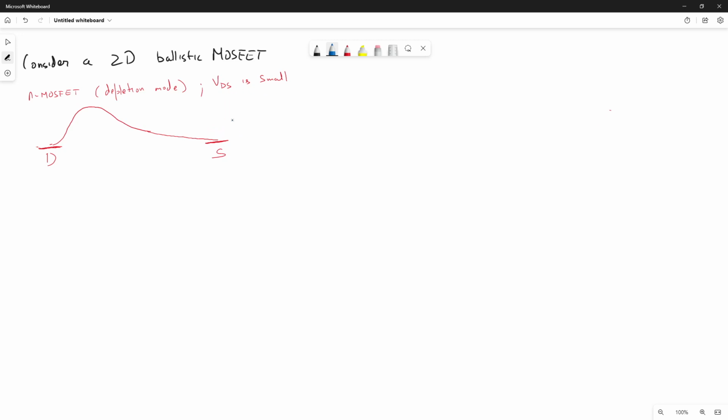Where was I? Yes, VDS is small. Now this is the conduction band profile. So let me also indicate that this is the conduction band profile. All right. So the band minimum, or essentially the band edge of the conduction band, varies like this across the three regions of my device. So there will be a point over here somewhere where